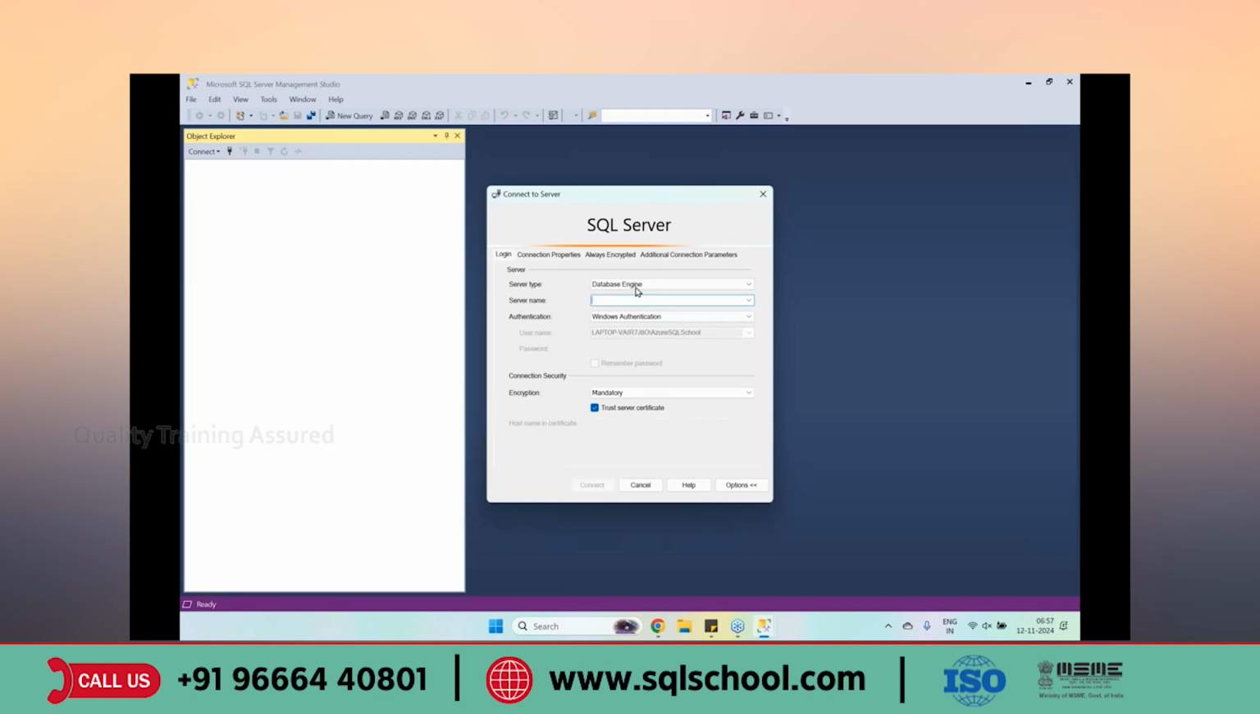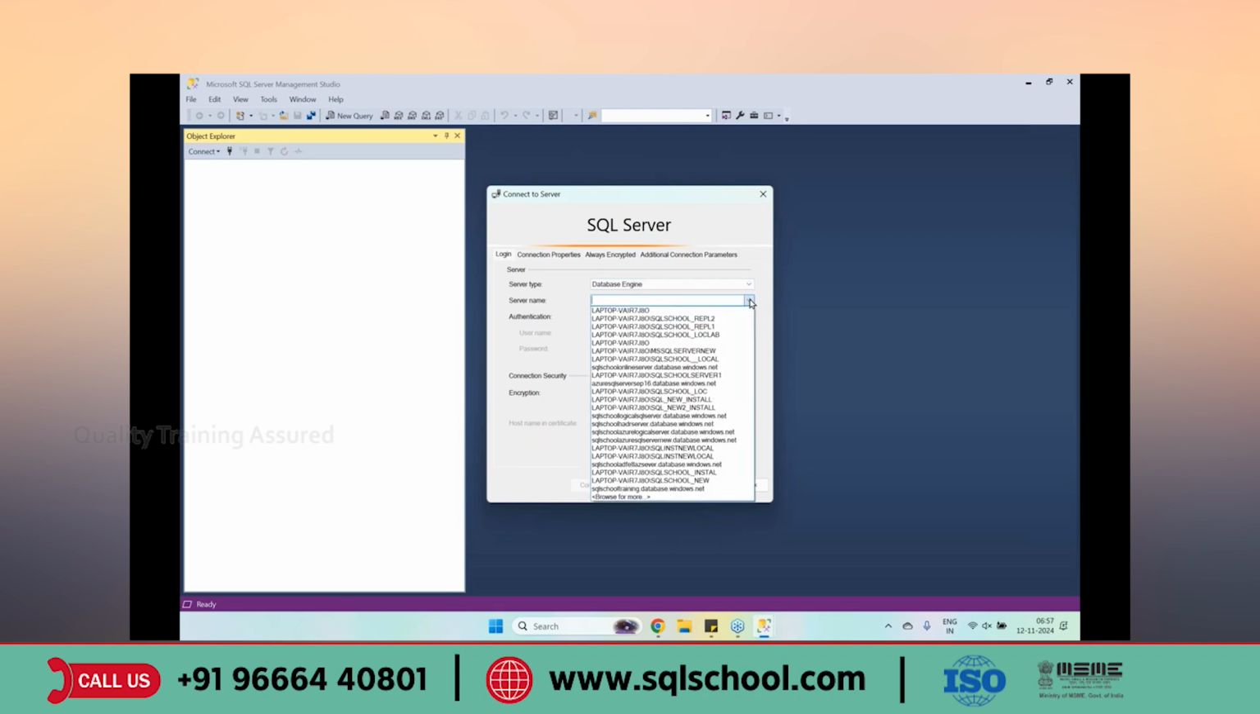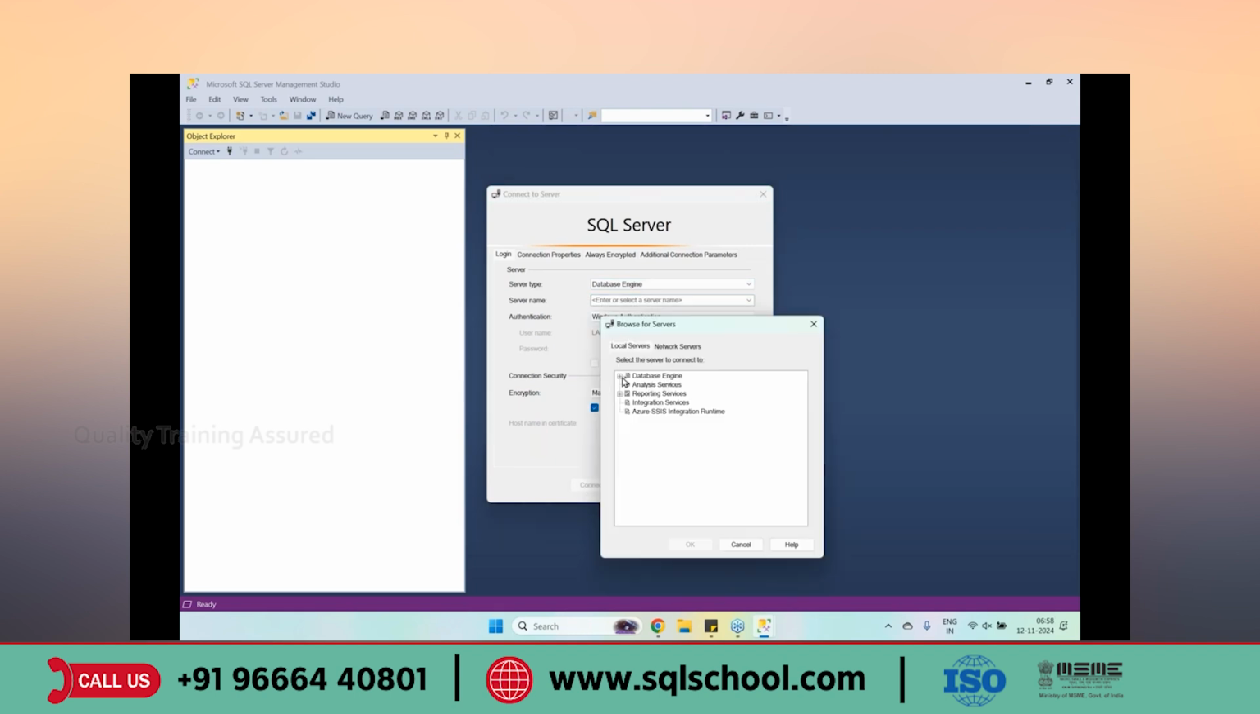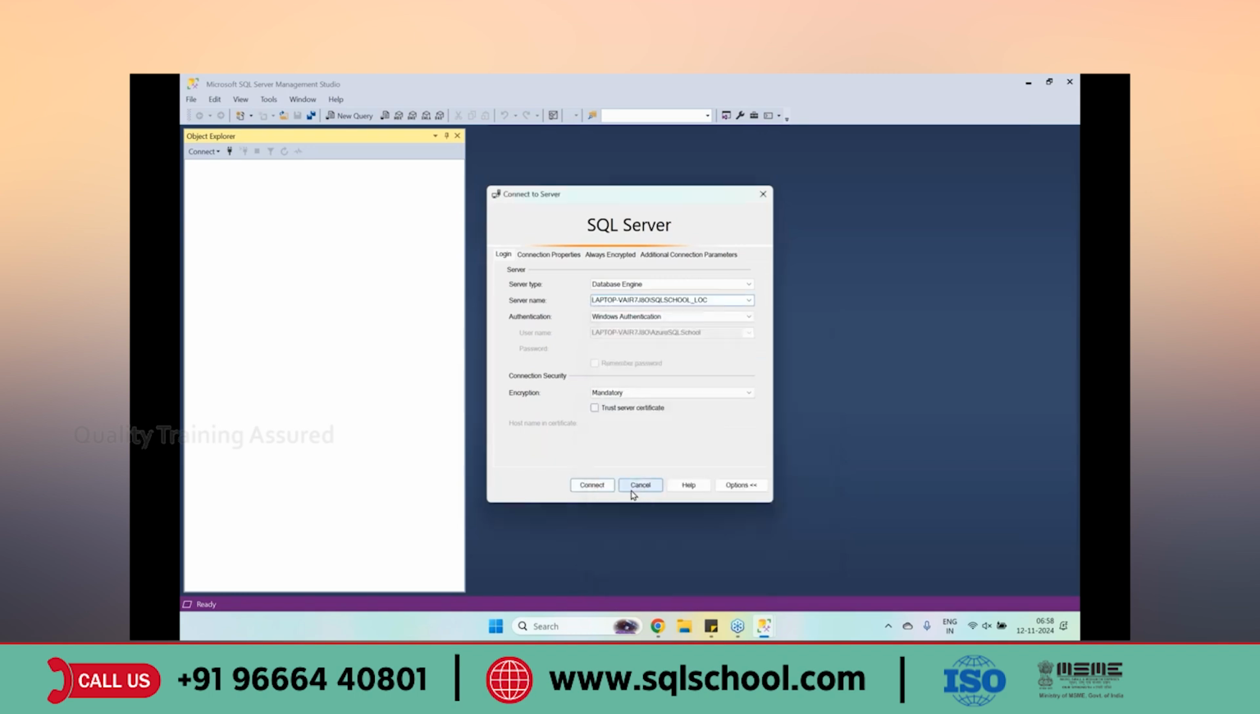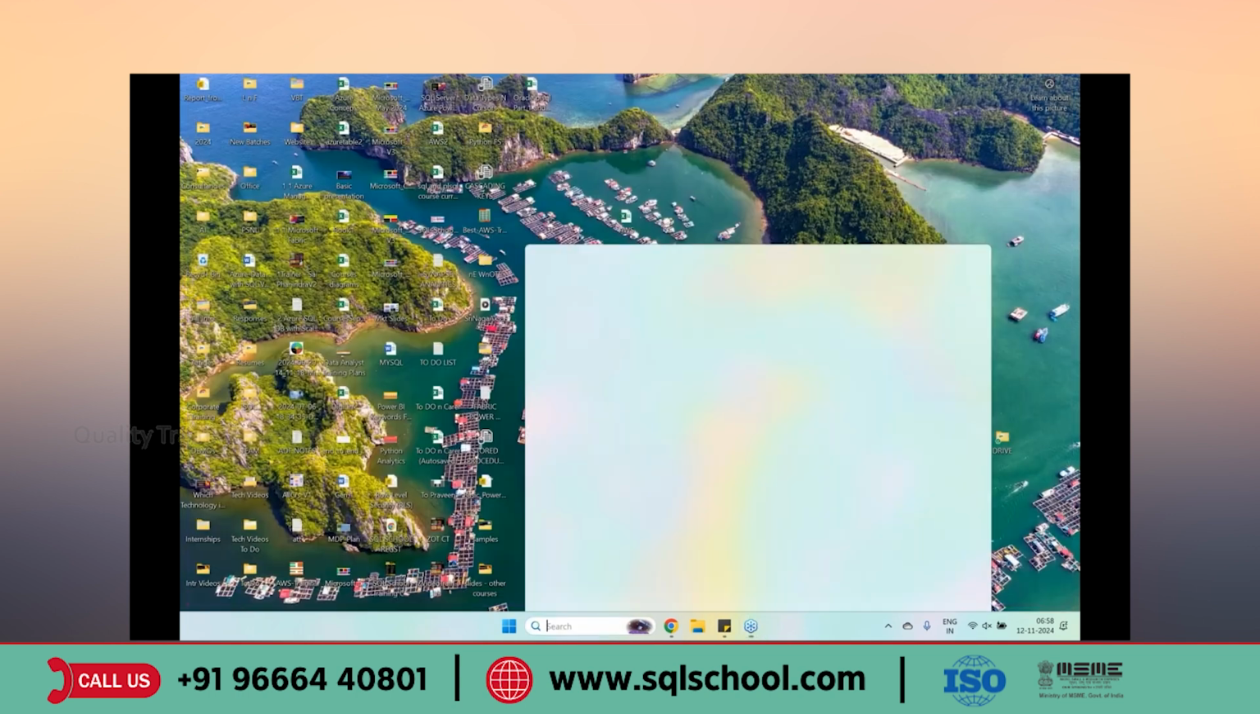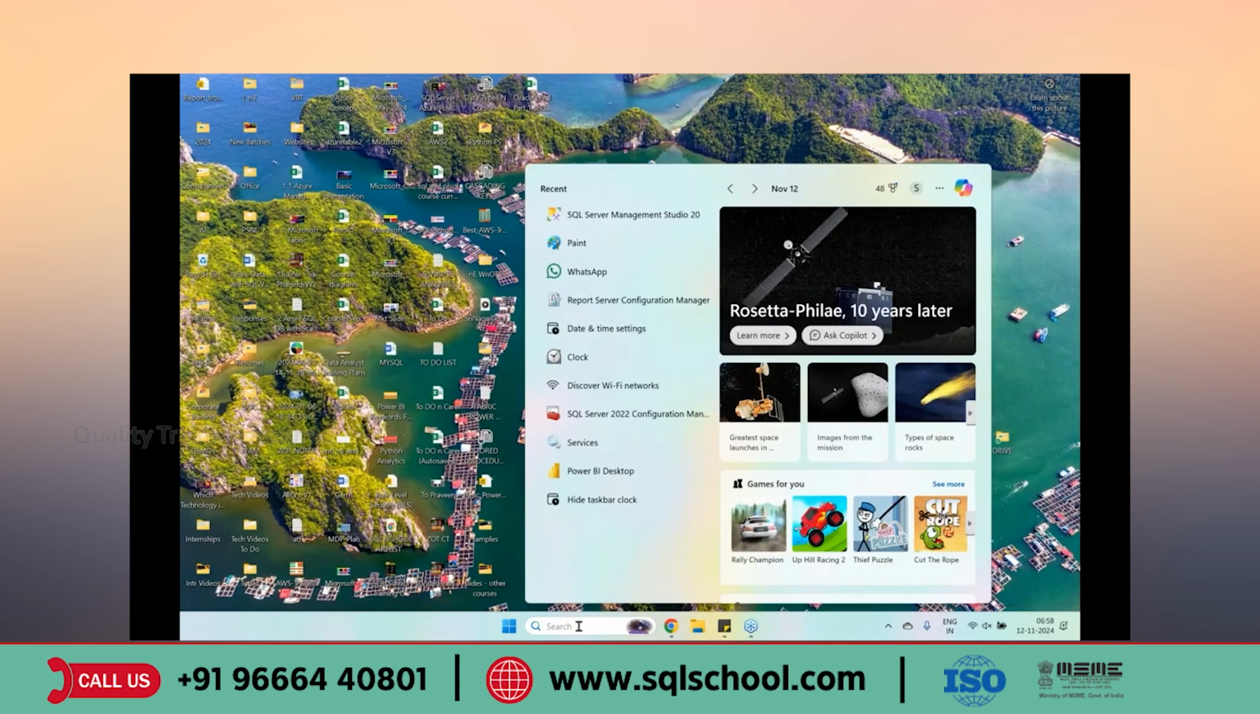So server installation, tool installation, restart, and 4th final step on the screen. We install database engine, right? We selected database engine. In the server name drop down, browse for more. Expand database engine. Select database engine. This is the server we installed today. Trust server certificate. I repeat, see here. Install the server, install the tool, restart your computer. 4th final step,